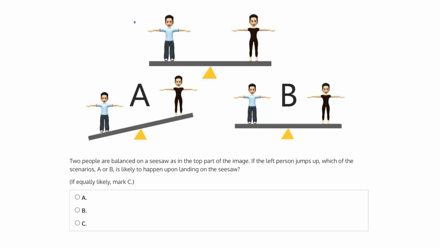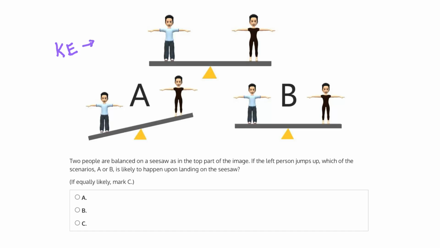Now, when the person on the left comes back down to land on the seesaw, we would expect to see something like what we see in A. Because when the person lands, they're going to be exerting more force than the person on the right. And that's because during their jump, they gained kinetic energy. At the top of their jump, so before they continue to come back down towards the seesaw, that kinetic energy